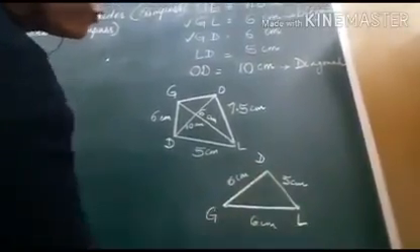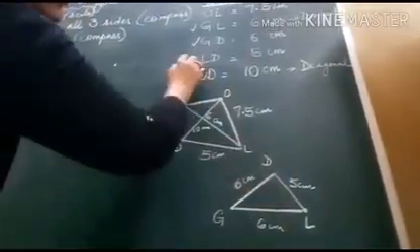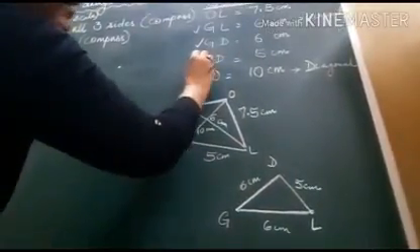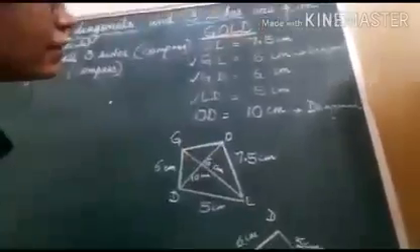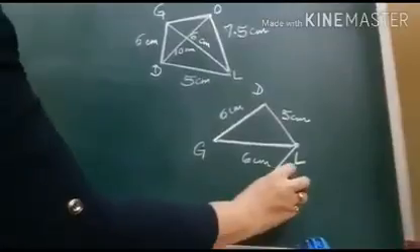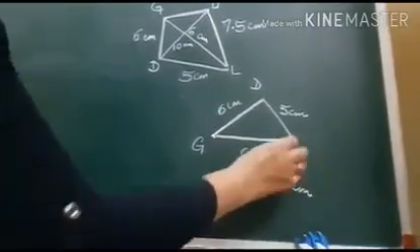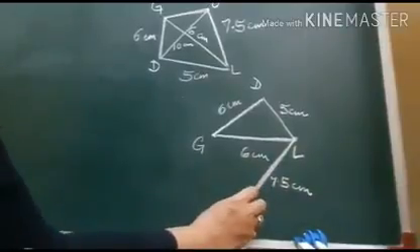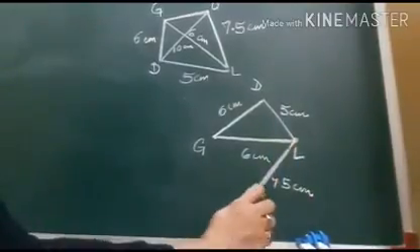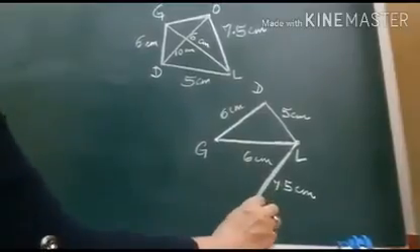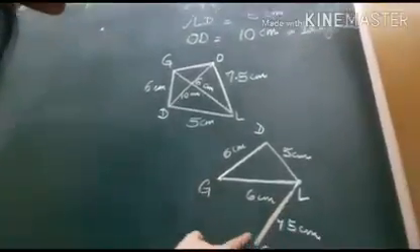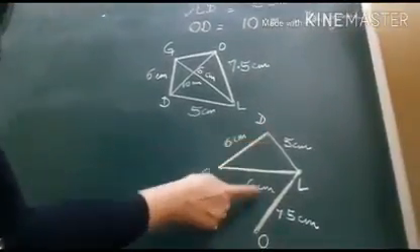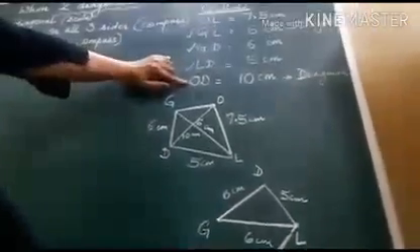But these sides we have to draw with the help of compass. Now LD of 5 centimeters is drawn. Coming to OL, which is 7.5 centimeters: from L we are not going to draw a line, we are going to make an arc with the help of compass whose radius is 7.5. This is a rough figure which tells you that somewhere here we will have our O. Now this measurement is not given, but what is given is the diagonal from O to D. As you can see, OD is 10 centimeters.